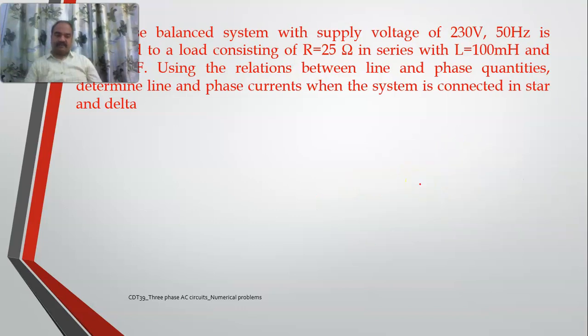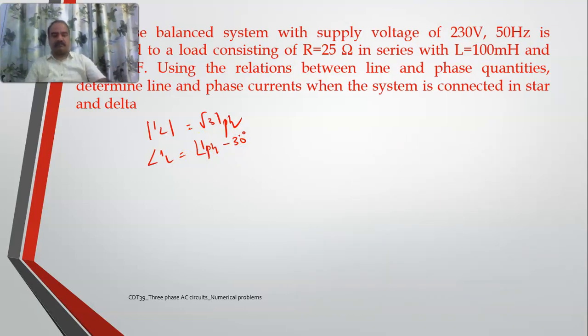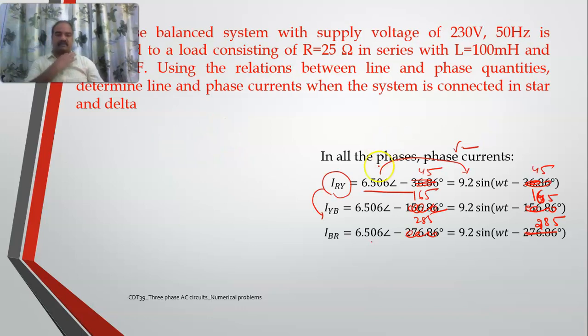Next come the line currents. Coming to line currents, you know that magnitude is root 3 times I phase, whereas the angle is whatever angle you have for I phase, subtracted by 30 degrees, right? So if these are your phase currents, what will the line currents become? This should be multiplied by root 3. This should be multiplied by root 3. So I'll be getting somewhere around, I think,